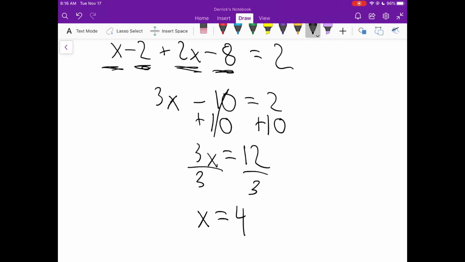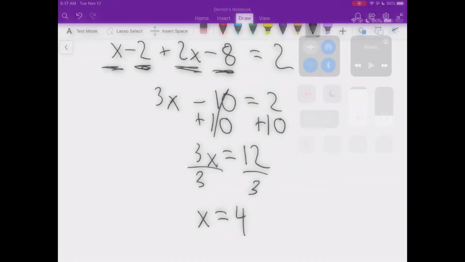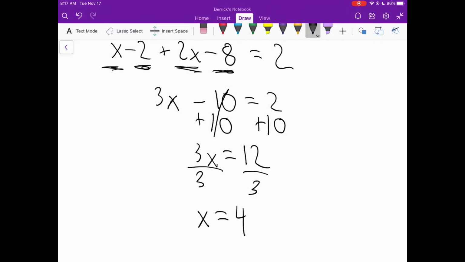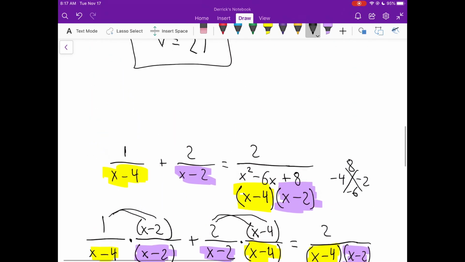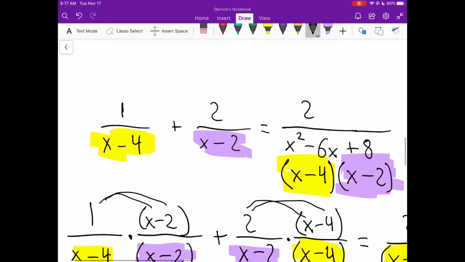And all that comes out nicely. We do get an answer of x equals 4. Here's the reason why this is not going to give us an actual answer, why this is actually no solution. If we say that x equals 4, if that's what we're saying our answer is, take a look back at our original problem, at our original equation. If I plug in x equals 4 right here,